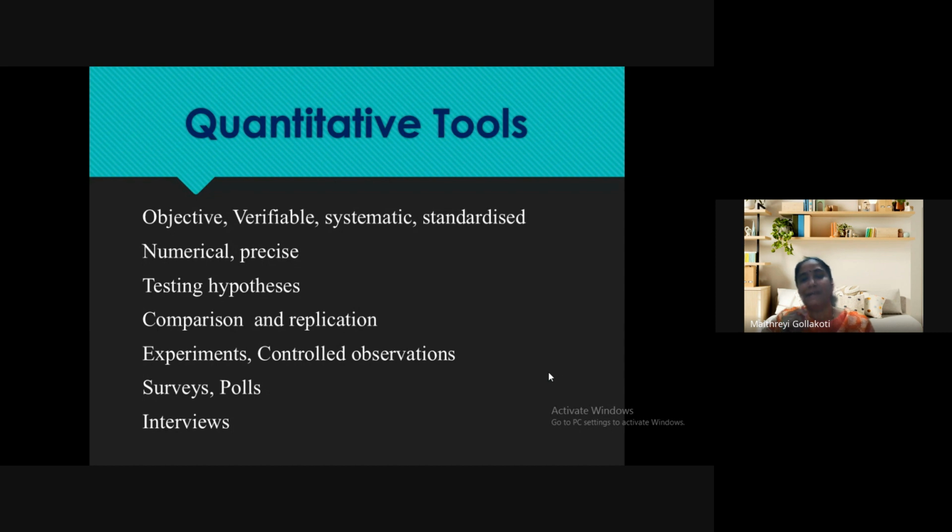Okay. Surveys and polls. Surveys are conducted, we know, online, offline, in any way possible we can give. And polls also. Polls we can give online. Nowadays we can give online polls directly. Whenever we do seminars also sometimes, we can simply ask a poll question and immediately they answer. Isn't it? So on the spot you will get the answer. Okay. And interviews. Interviews can be done through phones, face to face, online, offline, in whichever way. Okay. So these are the quantitative tools, features. Next, please.